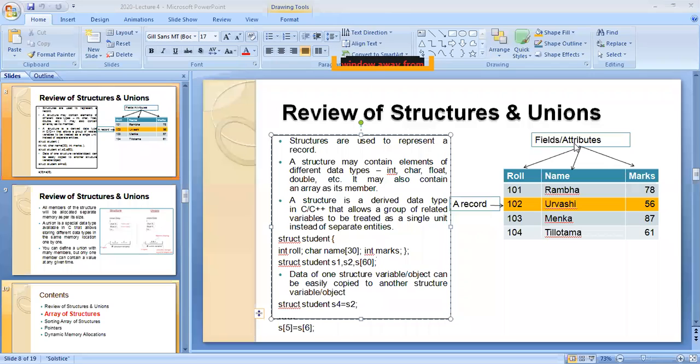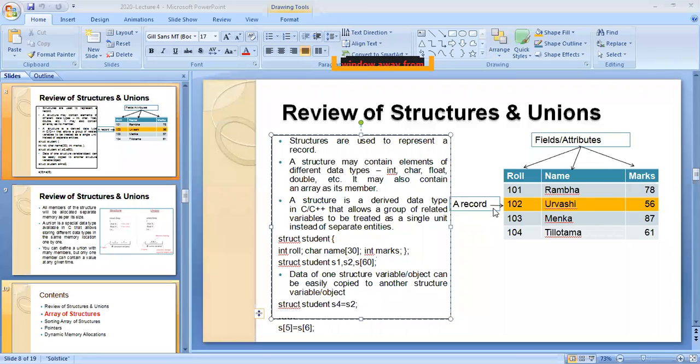So now you see here, now I will tell what all the things are. Inside the student, these are the contents. So first you are having roll. What is roll? It is a structure member, an element. Similarly name is a structure member, and similarly marks is a structure member.